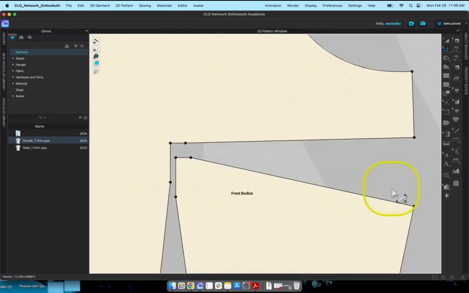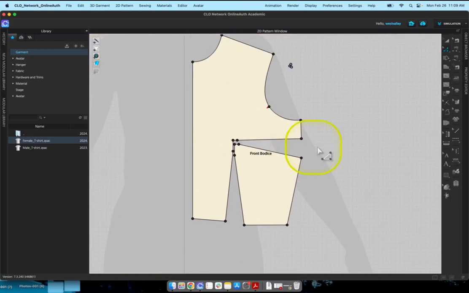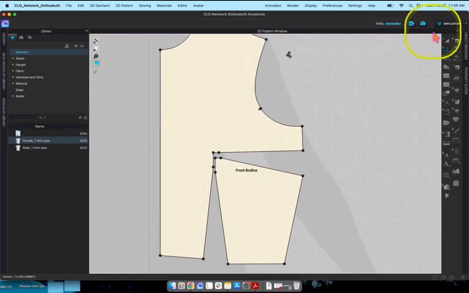Okay, so now I've got a piece just hanging out. And what I know though is that these two lines need to merge. And it's going to have a hard time if I've got some extra points here. So within Edit Pattern, I'm going to delete those points, which creates a straight line. I'm then going to